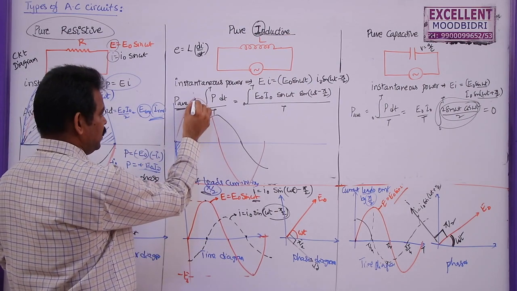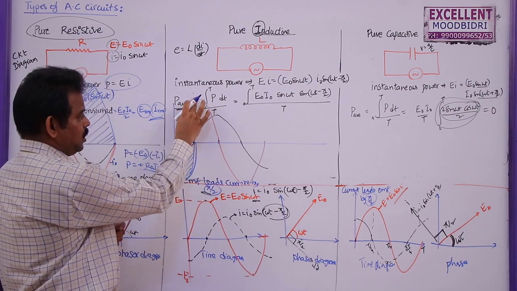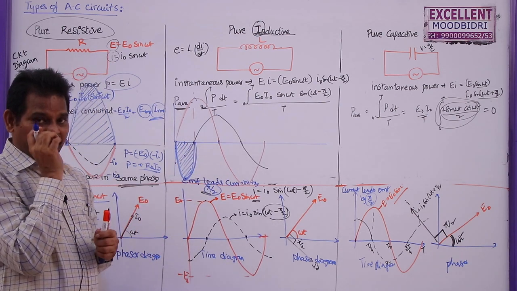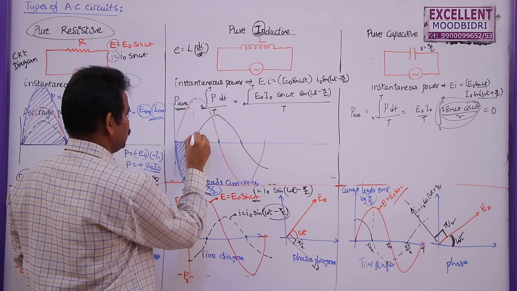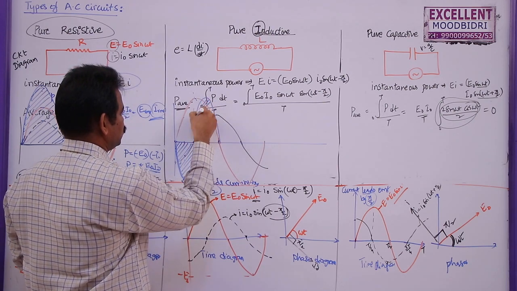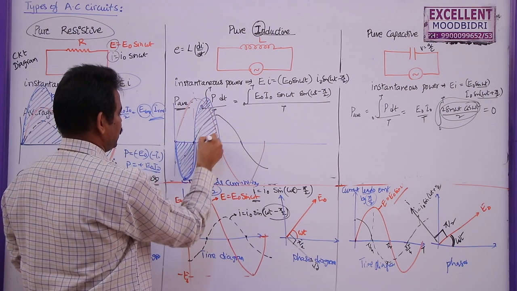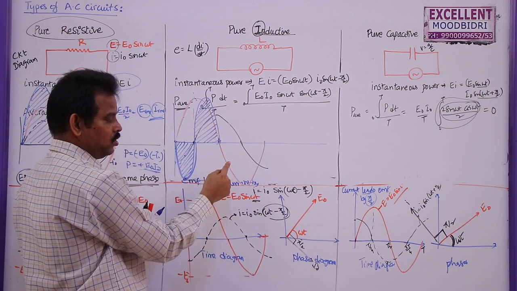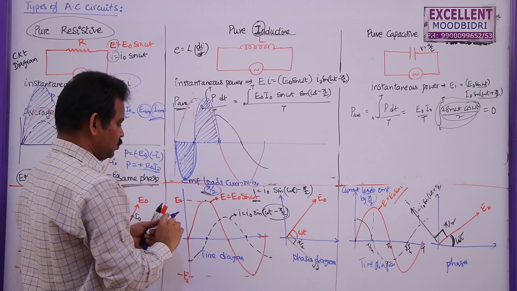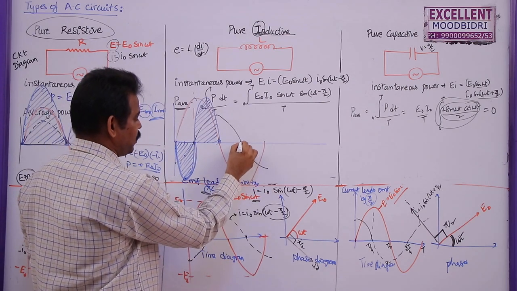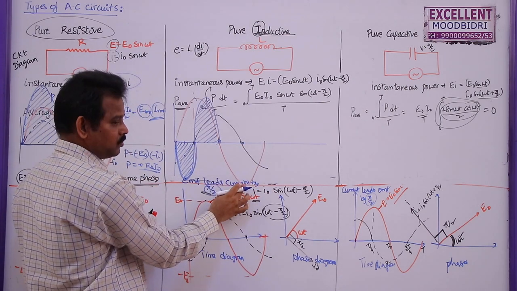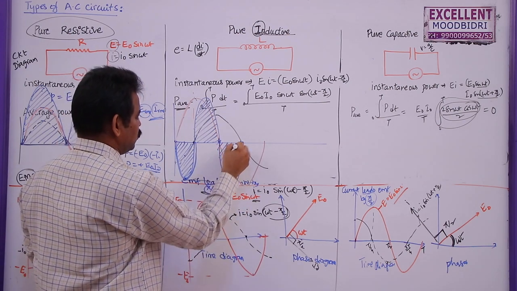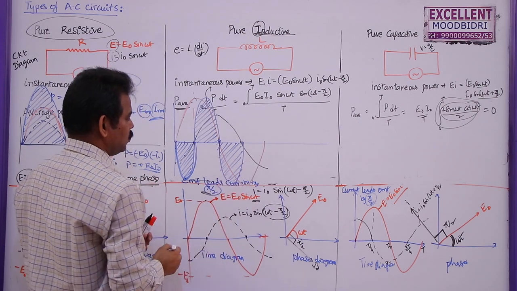Now you can see from here to here EMF is positive, current is positive. So the total power consumed will be positive here. So this is the total power consumed for the next quarter cycle of the AC. Then you can see this is negative, this is positive. Negative into positive is always negative, but here as the current is 0, power must be 0, because 0 into any magnitude of the EMF will become 0. So once again this is the point where it can be 0.